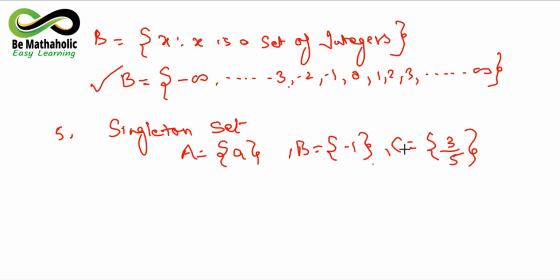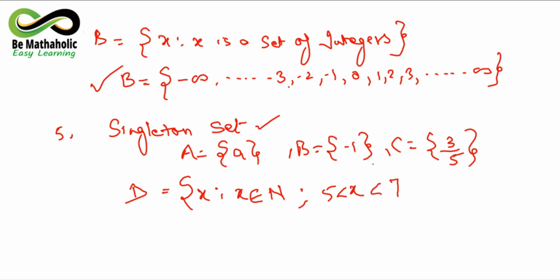Then if there is only one element present in a particular set, then such type of sets are known as singleton set. So let us take one more example. If you have been asked in this manner, x is such that x is a natural number, or you can write in this form also in shorter manner, और आपको statement wise नहीं लिखना होगा तो हम इसको इस तरह से लिख सकते हैं. हम इसको इस तरह से लिख सकते हैं कि x belongs to N, मतलब x natural number को belong करता है, colon, x is greater than 5 and less than 7.